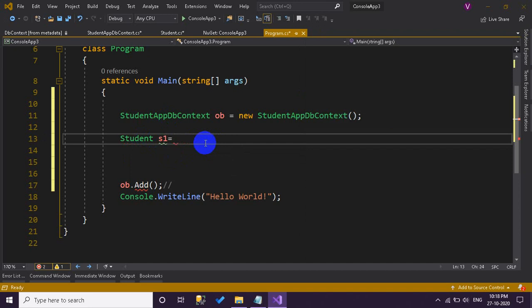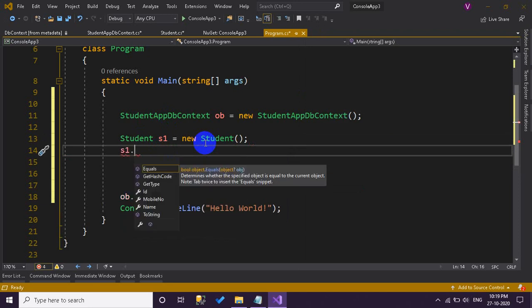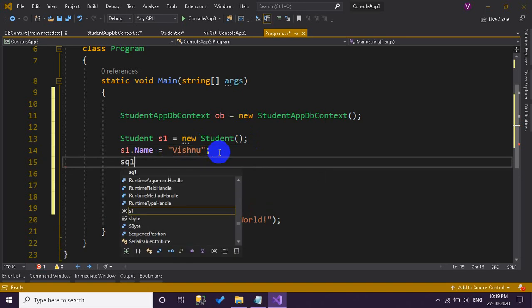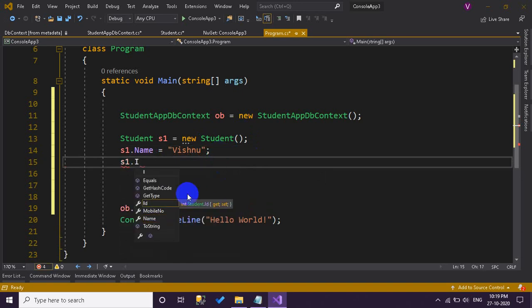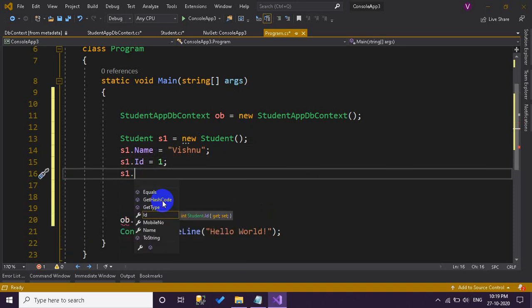Let's name it s1 is equal to new Student, and I am going to give some dummy values. s1.Name equal to Vishnu, and s1.Id, Id is written as integer, so it will be 1, and s1.MobileNumber. I have already written my mobile number as a string, so some values will be here.